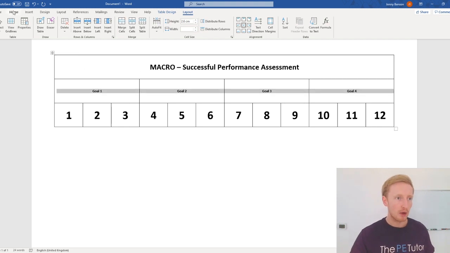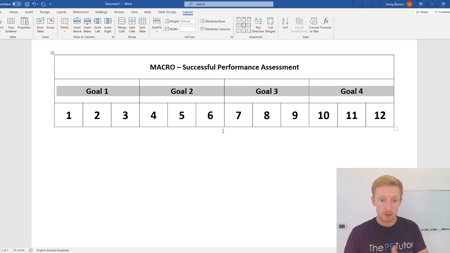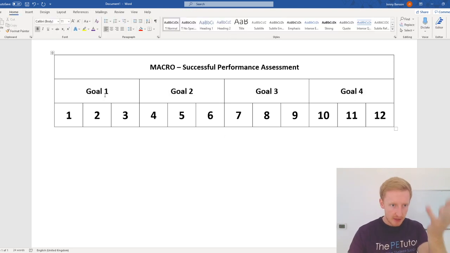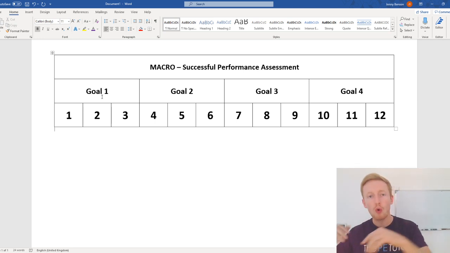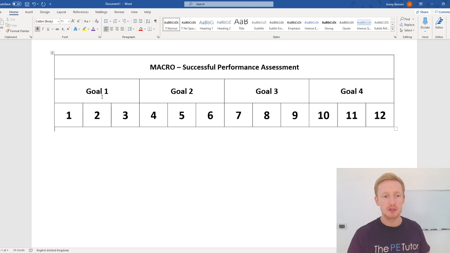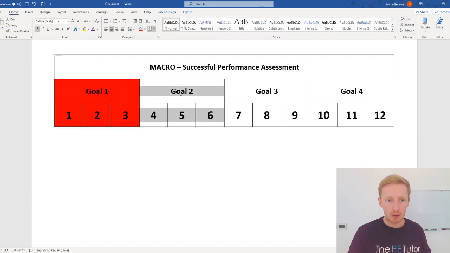Now, at this point, you've got 2 options. You can either separate your year into these goal sections. So the first 3 months, you focus on goal 1, second batch of 3 months, goal 2, etc. And then by the end of this year, you would have hit all 4 and then you would have done a successful performance. However, what we're not really seeing there is we don't return to the work. So that would look a little bit like this,